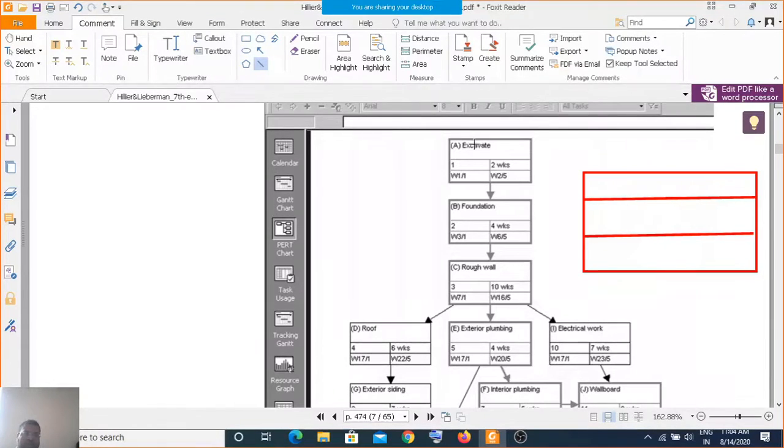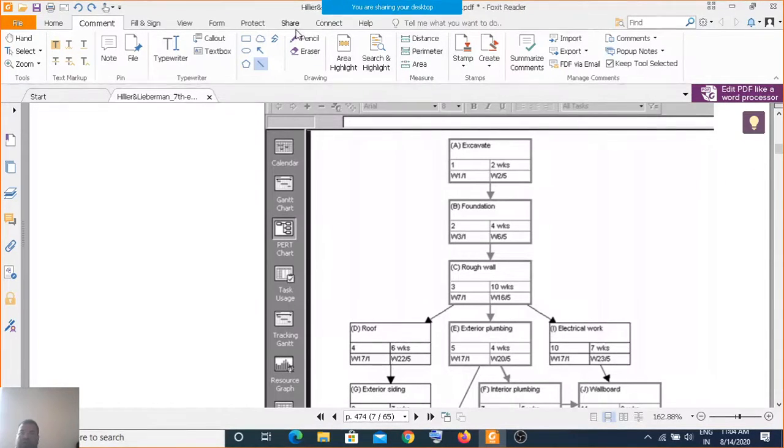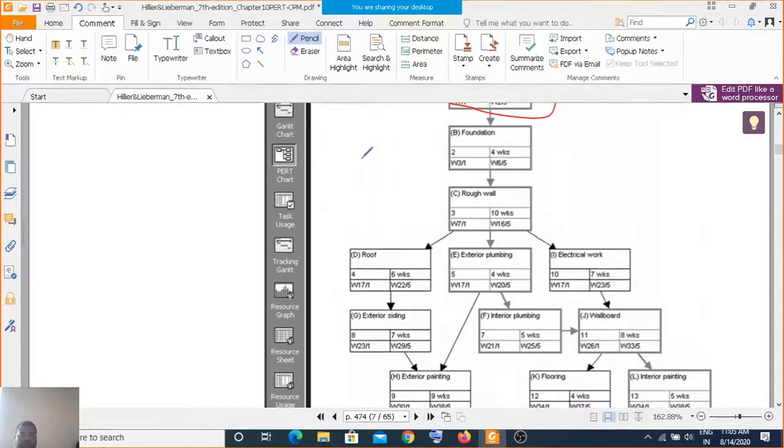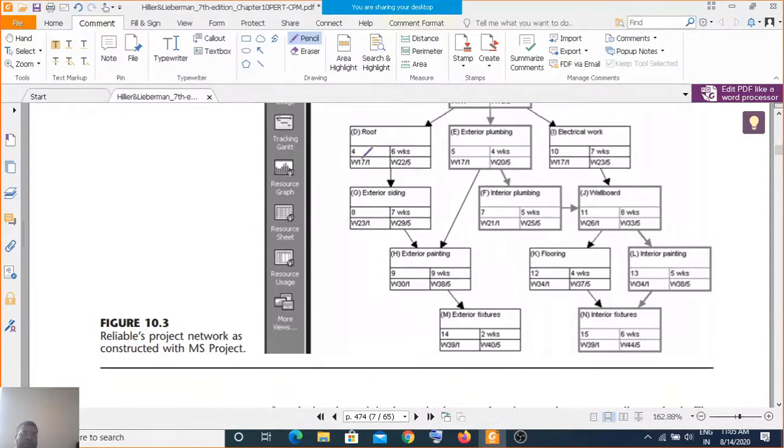So you have excavation starting at the first week and ending at the second week, foundation starting in the second week and ending at the fourth week, rough wall starting on the third week and ending on the twelfth week, and likewise. This is a simple symbol generally used, and you can modify this container based on the details given in your information. We have already seen the different information that you can add here. This is an example of the same thing, but now this network, because you are given more detail, is called a PERT.